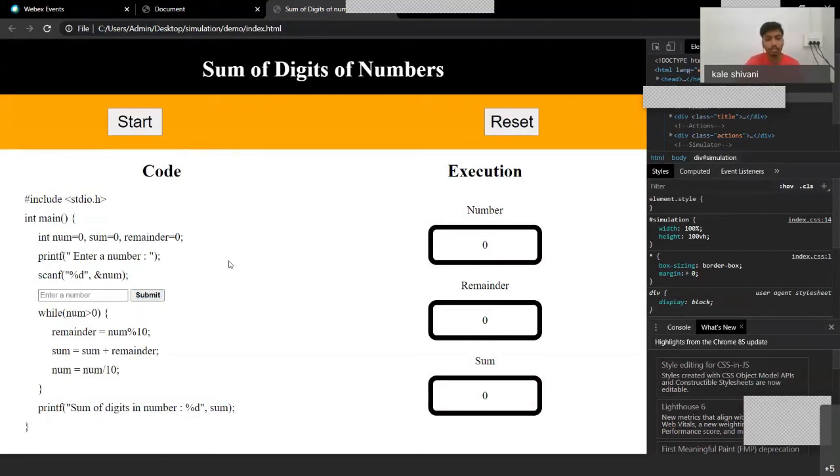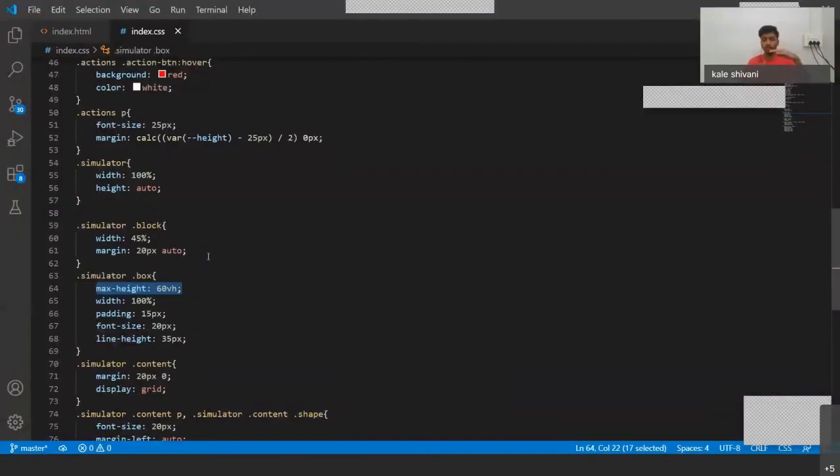You just have to change a property name; I will show you later. So max height tells that if your container size is larger than this, it will apply a scroll bar to it.